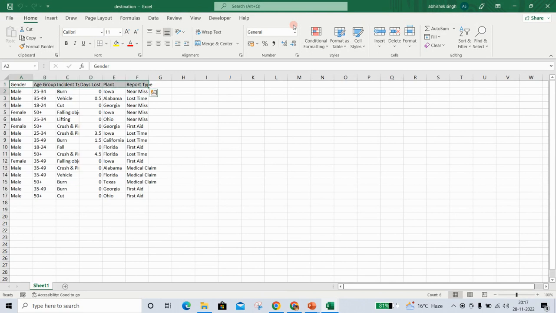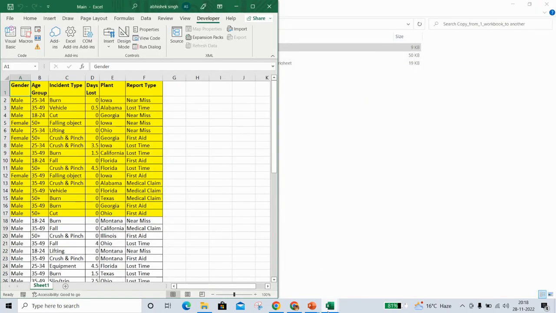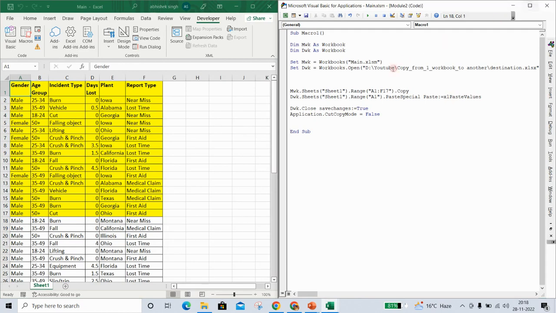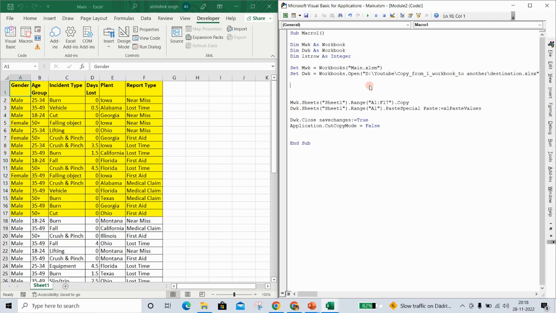Something to note here: if you want to copy paste your data into the next available row, I need to change one thing in the macro. The destination range should be changed here, for which I need to first find the last available row in the destination file. For that, I will declare a LastRow variable, and I will find the last row of the destination workbook. So I say LastRow equal to